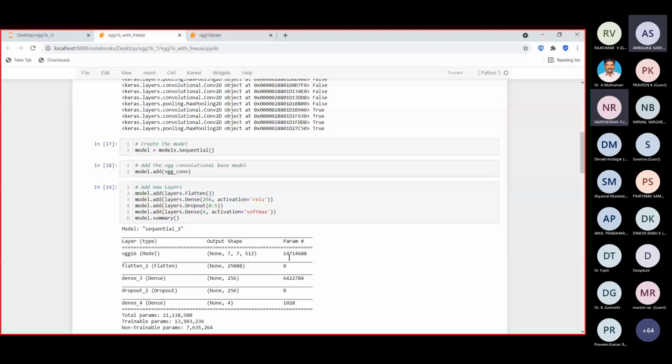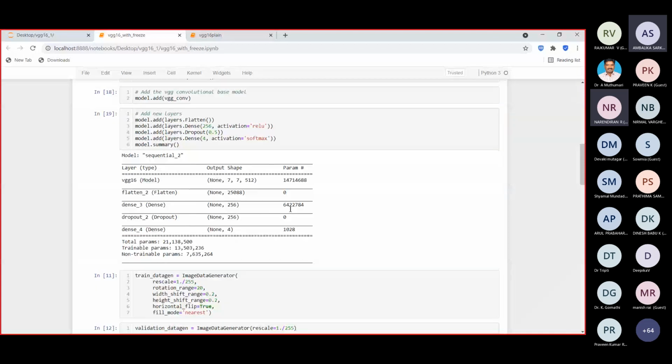Their parameters are around 64 lakhs, and the dense layer 1028. So totally from this last convolution layer till the last layer, the number of parameters is going to be 13 million, whereas the number of parameters generated by all these initial layers is around 7 million here.